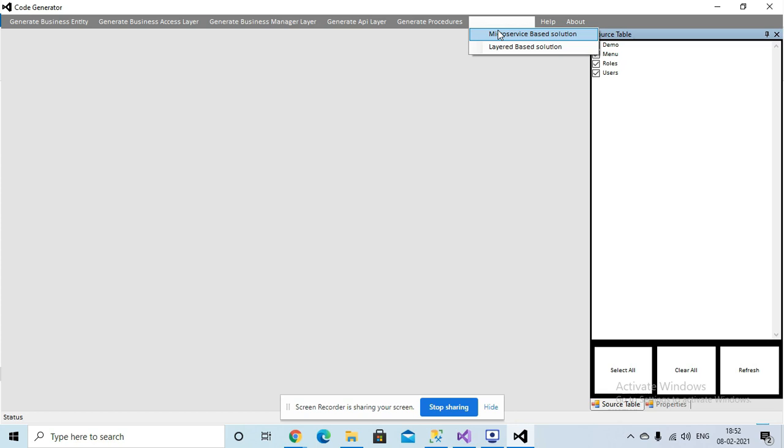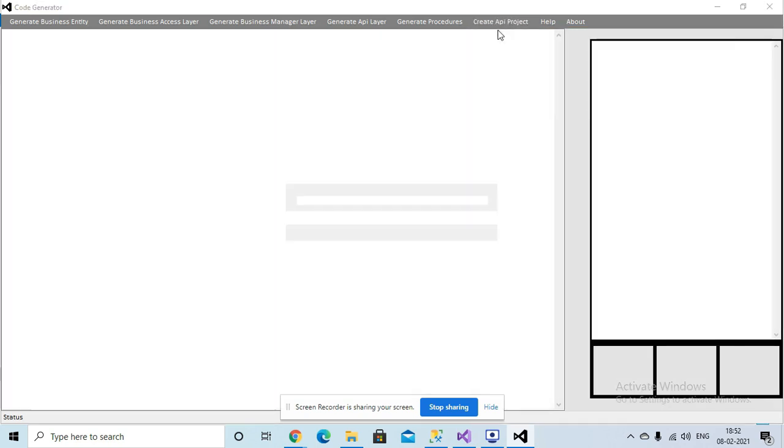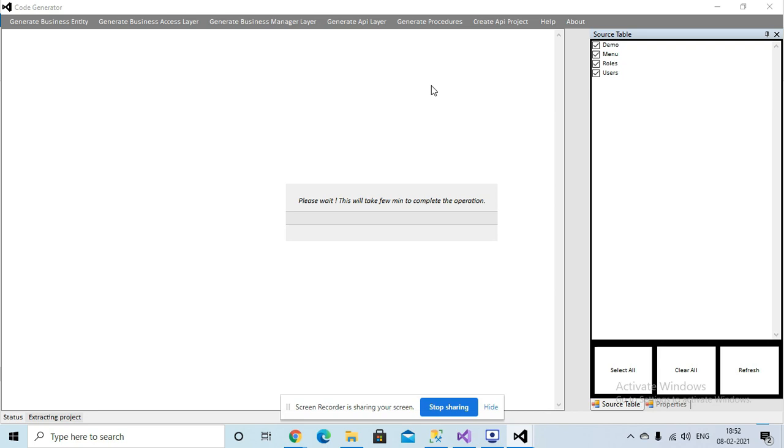This will create a solution architecture for your project with the configuration you have provided, and the procedures for all the tables: insert, update, delete, get all records, and get record by primary key. These are all the procedures which will be created.